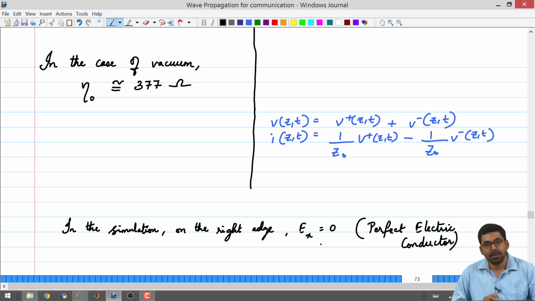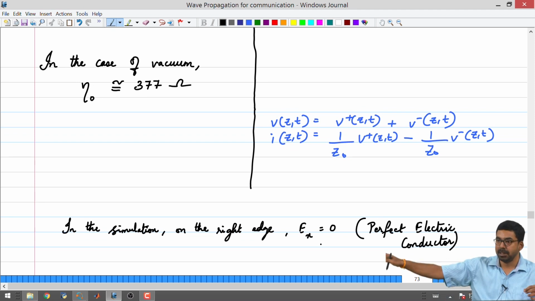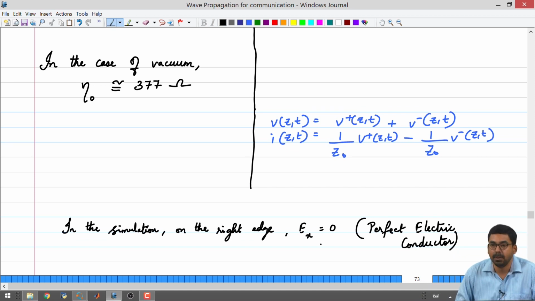So, Ex equal to 0 is a perfect electric conductor. It means that if you apply a voltage at any point on that plane, all the other points will get updated to the same value of voltage, so that the net field that you have there is going to be equal to 0. Okay. Remember that Ex equal to 0 does not mean voltage is equal to 0. It just means that the gradient of voltage is going to be equal to 0. You have a fixed value of voltage. Okay. So, you have to remember that E equal to 0 does not correspond to V equal to 0. It means that you are having a constant voltage. Okay. So, this is a line of constant voltage, in other words.